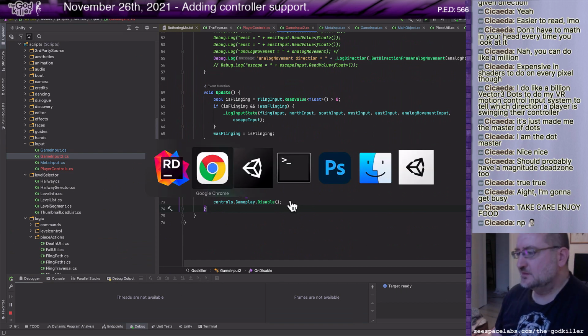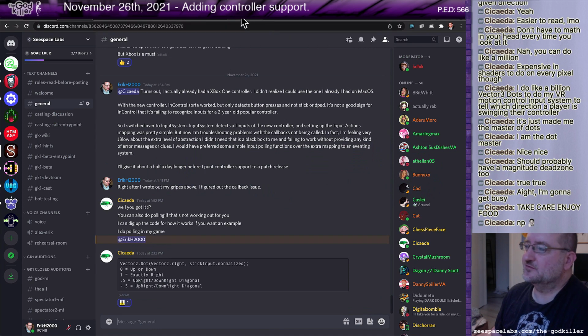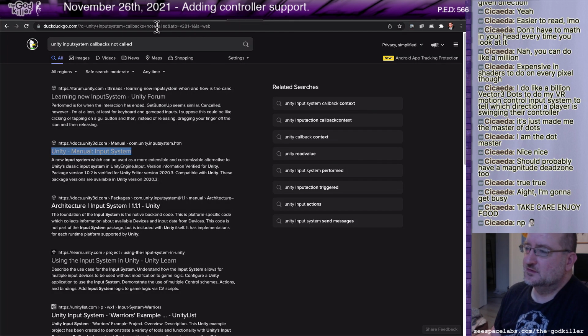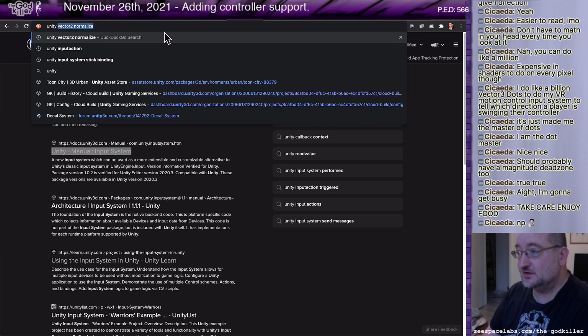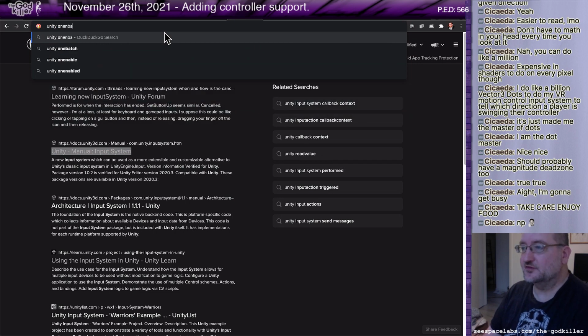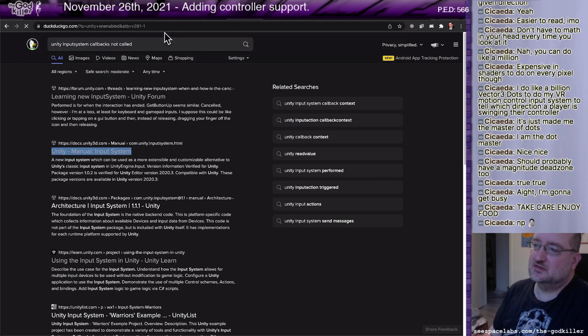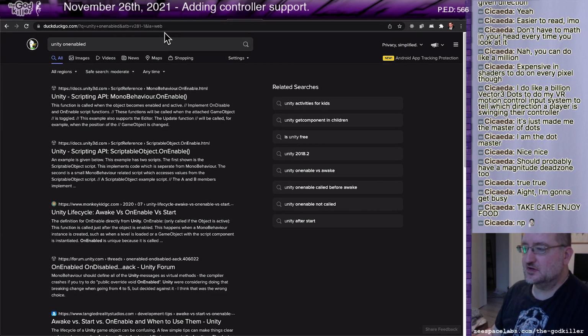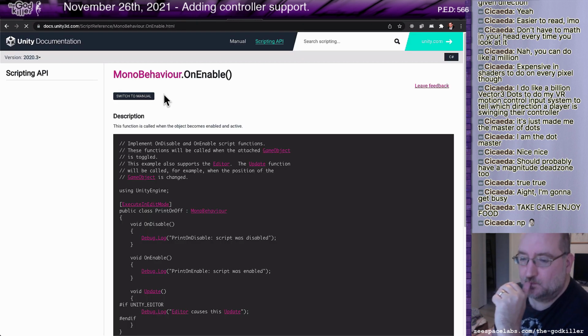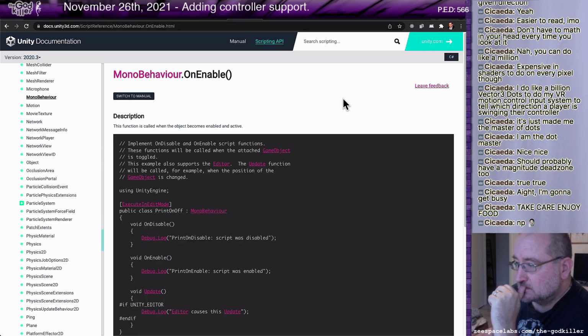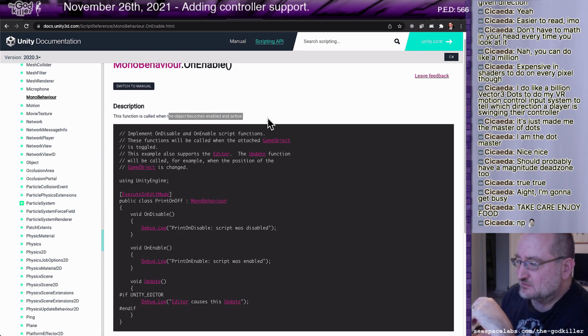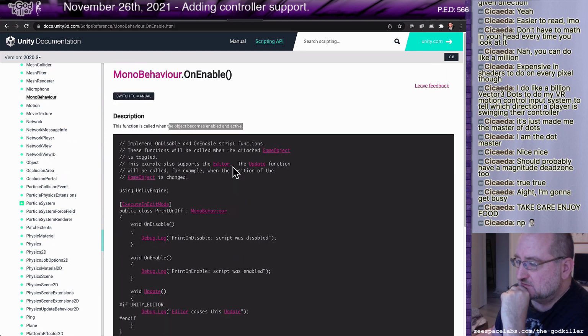Let me educate myself on what that event actually means. Unity on enable. Does it mean the app gets enabled, or is it on enable? It's on enable. Okay. Yeah, I mean, that says that, but do I really need this?